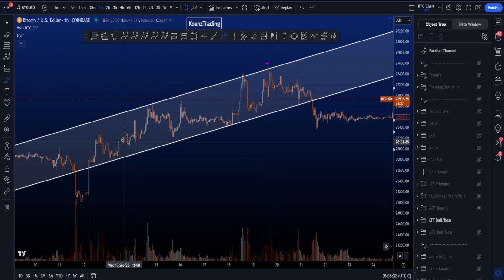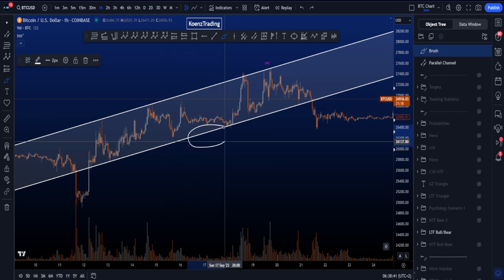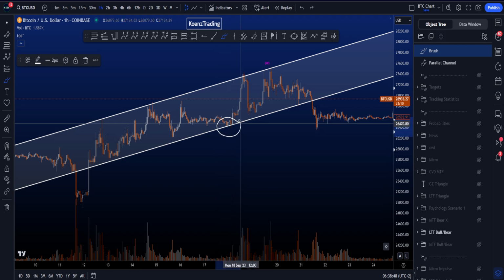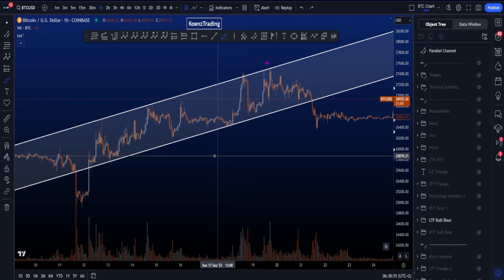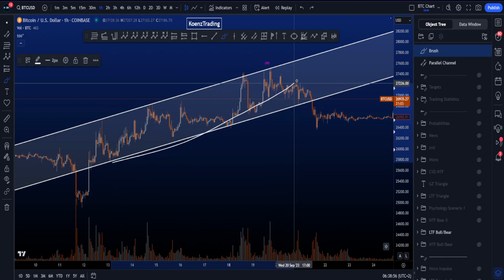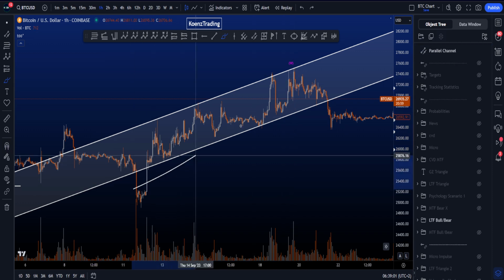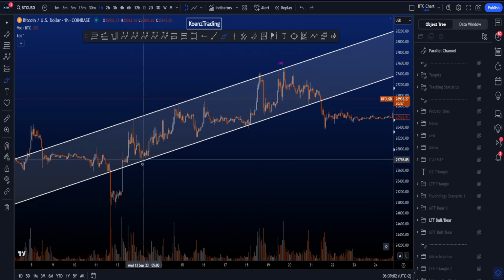But the problem that you can see is that most commonly we have contracting diagonals, meaning the lower edge of the channel will not be hit, because once the channel gets hit at the bottom over here, we're not talking about a contracting diagonal anymore, but a potential expanding diagonal. And you can see the lower line of the trend line has been hit over here, lowering the probabilities that this is a diagonal for then a potential ABC structure, so a 5-wave move to the upside,